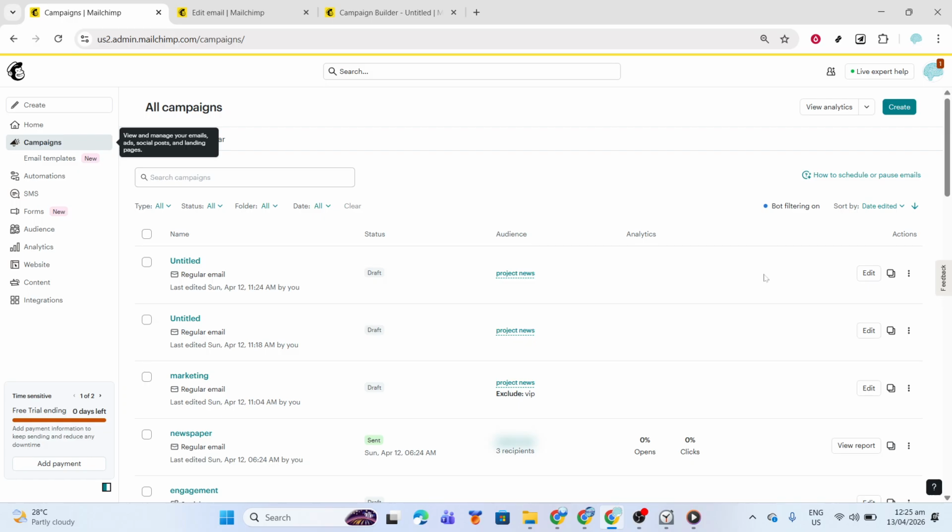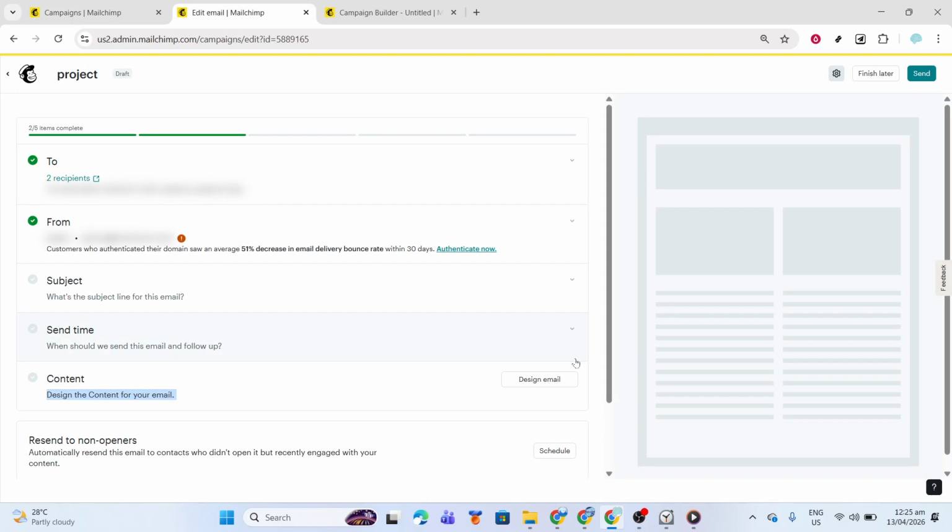Start by opening your Mailchimp account and heading to your dashboard. Once you're in, go to Campaigns. This is where all of your email campaigns live, including drafts and previously sent messages. Locate the campaign you want to work on, then open the email editor by choosing your campaign and selecting Design Email. This takes you directly into the builder, where you can see your layout and all the building blocks that